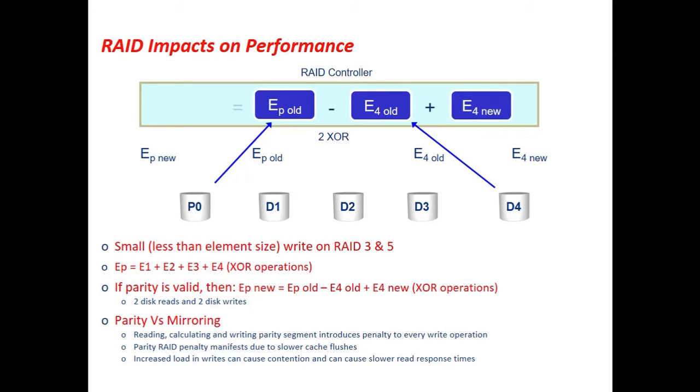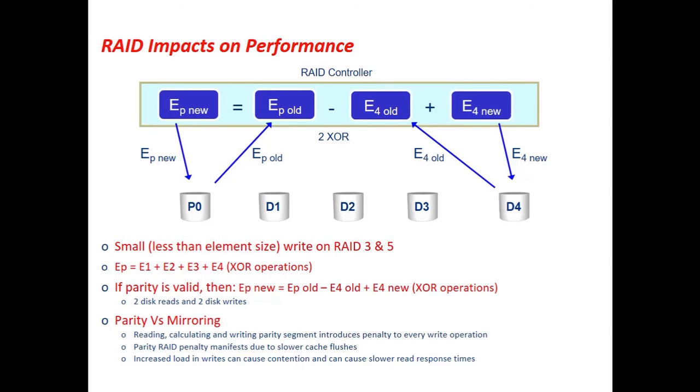Once the new parity value is computed, the RAID controller should store the new data in the hard disk drive, and also store the newly computed parity value into the parity disk in place of the old parity value. Hence again 2 write operations need to be performed. So you can say for RAID 5 the write penalty is 4.